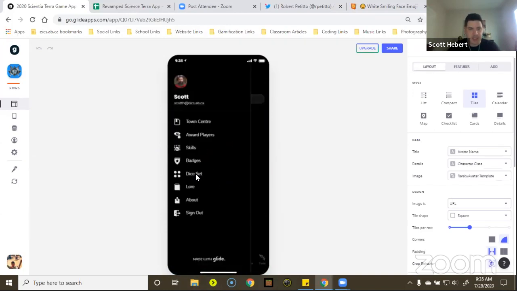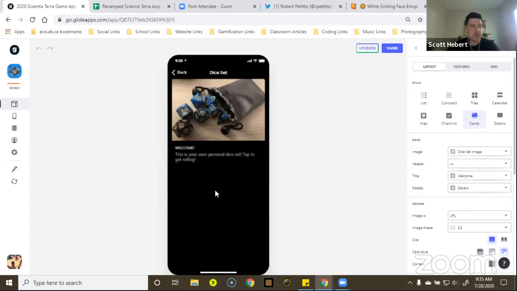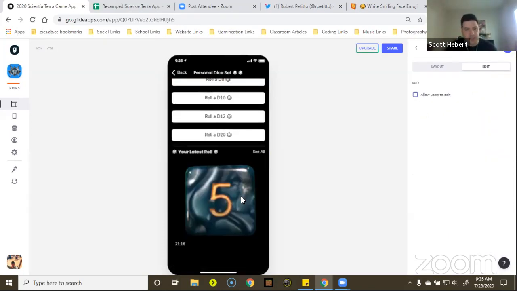And then the last thing that I built was I built dice. So actually this was painstaking because, again, I'm a stickler for detail. These are actually these dice. So this is a set of dice that kids gave to me. So I actually took pictures of these dice and all their faces. And I gave them a virtual dice set.